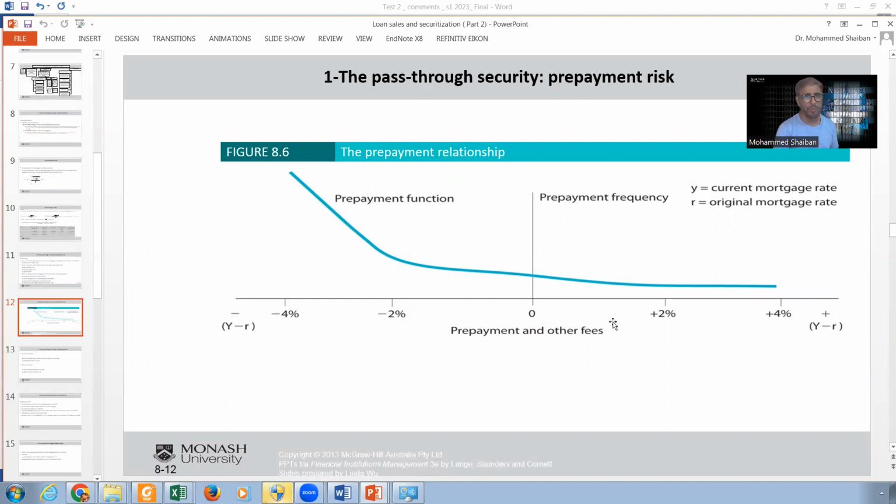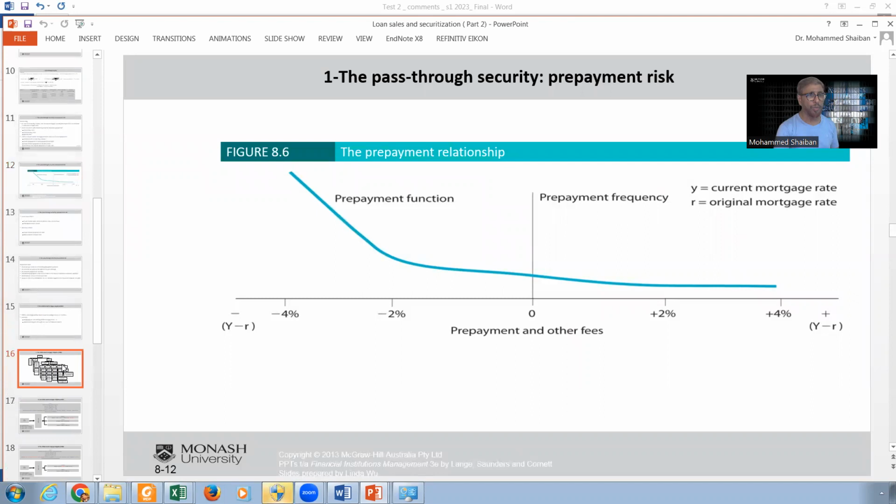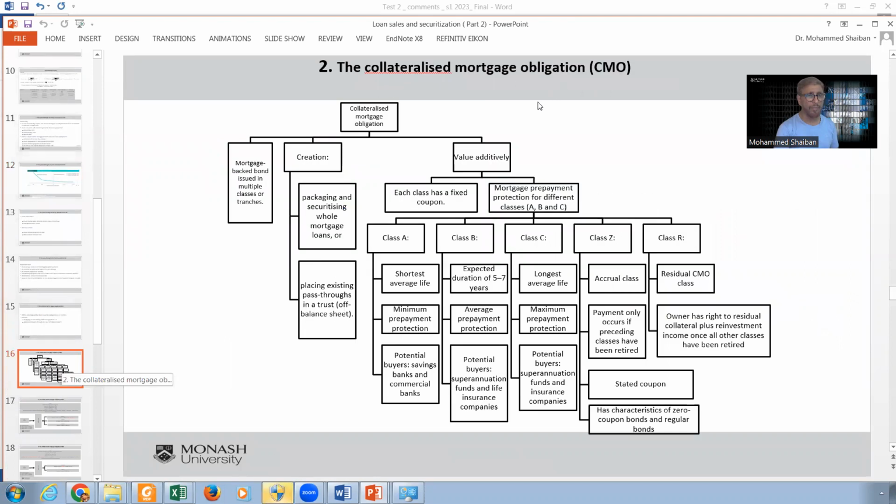And this function actually explains it. This is also one of the questions in the old exams. But when we talk about the CMO, we have classes, and I want you to be aware of those classes. What is class A, class B, from a theoretical perspective B and C, and then we have class Z and class R. Maybe you will have a multiple choice question, what is class C or class R. You have to be aware of this.